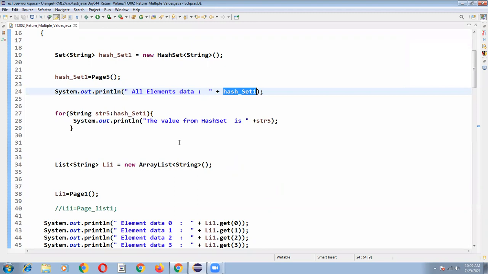Sir, I have a requirement. Some people will come and say, sir, I have to return some list of string values. How do I write it? You write a method and return a list of string values, so you have to know this approach. Sir, I have some group of integer values. Then instead of string, you need to write integer. So from this hash set, it will return some group of integer values.